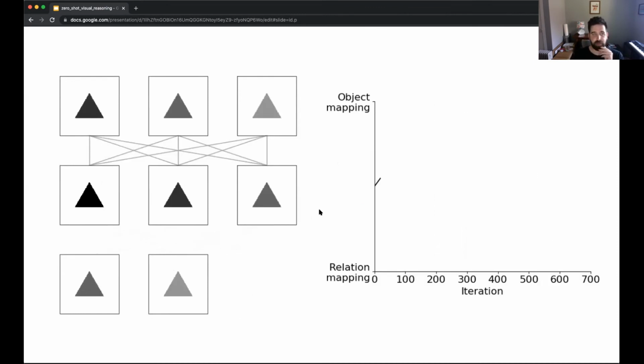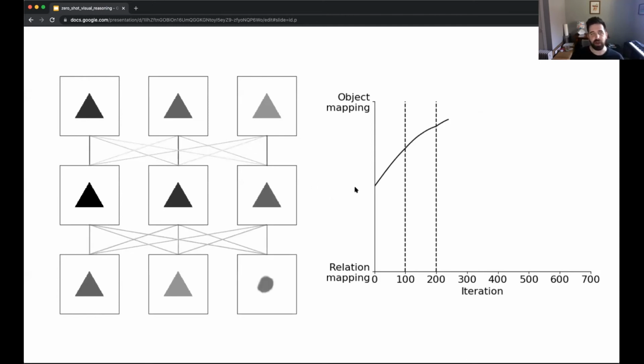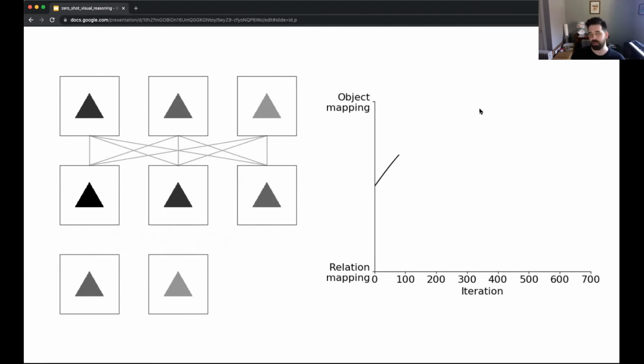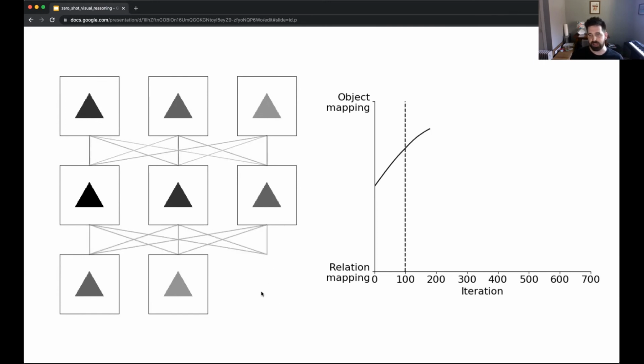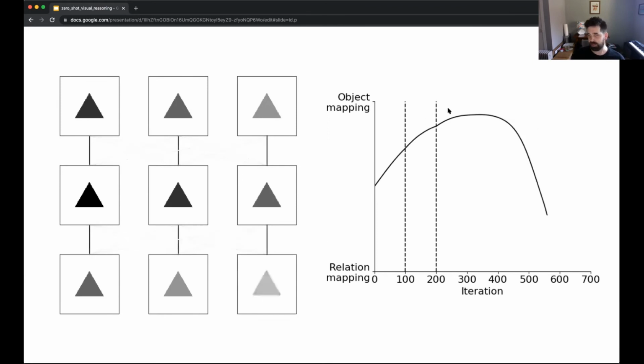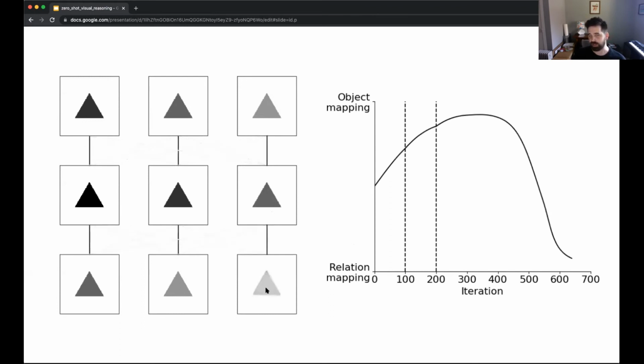Okay, so this one is interesting because it really shows, I think, how the different optimization procedures interact in a parallel manner. So you can see that the model is initially sort of heading toward a solution based on object mapping. But once the inference component is introduced, it sort of changes course and switches to relation mapping. You can also see that the predicted answer, the inferred cell here, starts out at an intermediate level of brightness because it's in object mapping mode and it's essentially trying to match the 2 triangles that it's mapped to. But then once the model settles into a relational mapping mode, the model eventually settles on the correct answer, which is a brighter